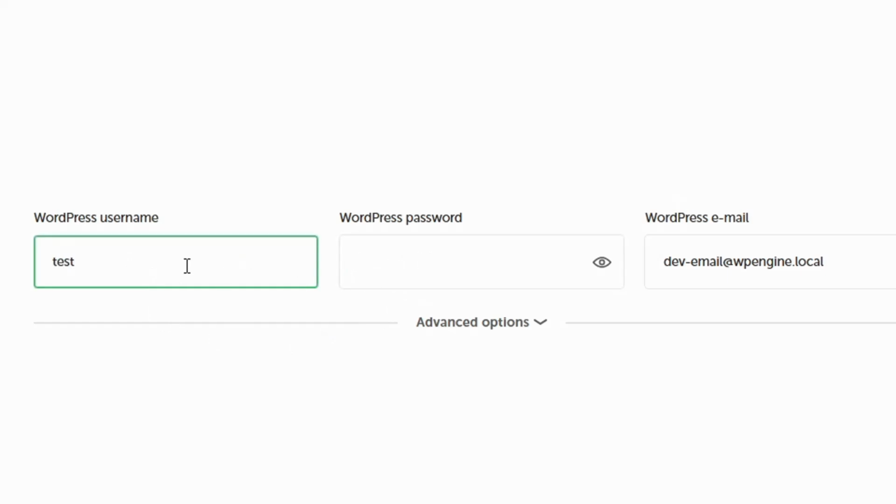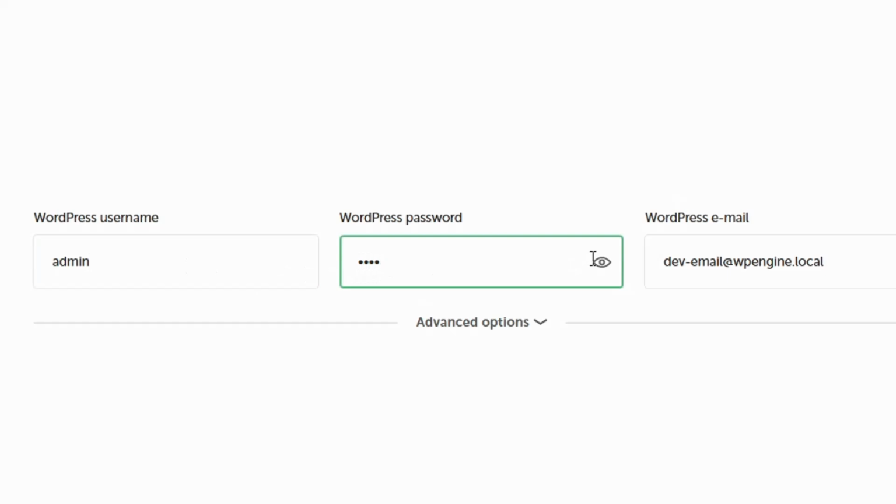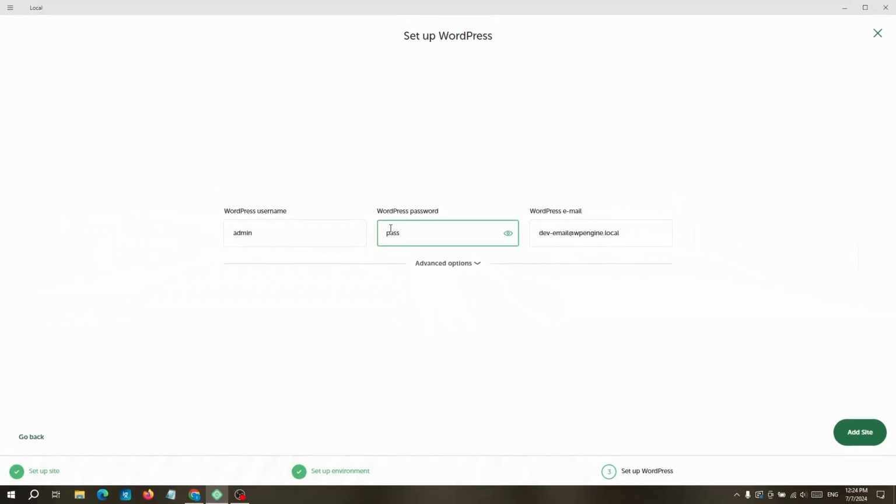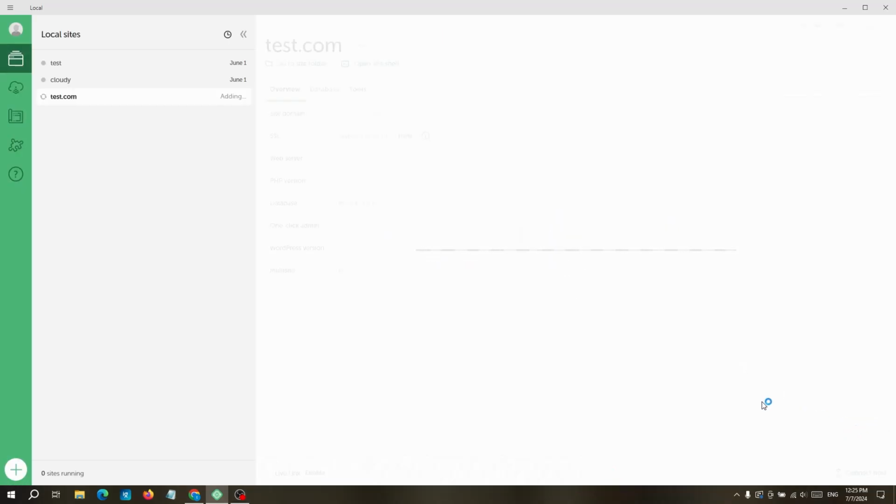In common case, we can add admin and password as pass, and you can click here to view the visibility of the password. So this is my password in local site. This is not a strong password. This is not recommended for any other websites or for a live site, and you can change this email to your own real email. This is a test email, but I'm not going to change it now because we can change it later also. And click on add site, and we need to wait a couple of seconds for finish